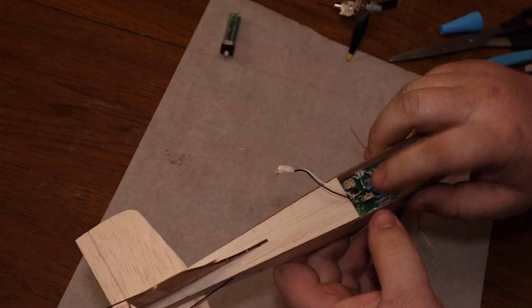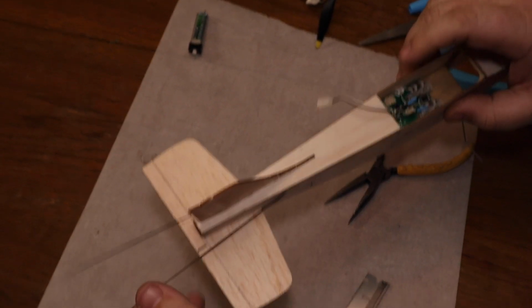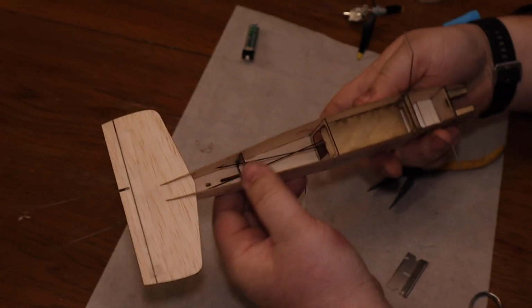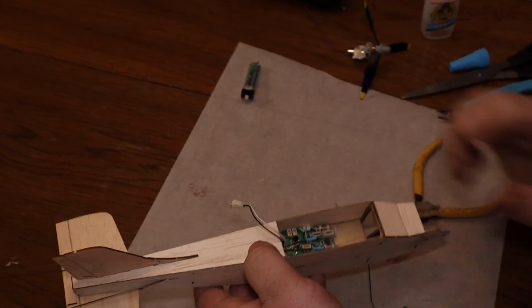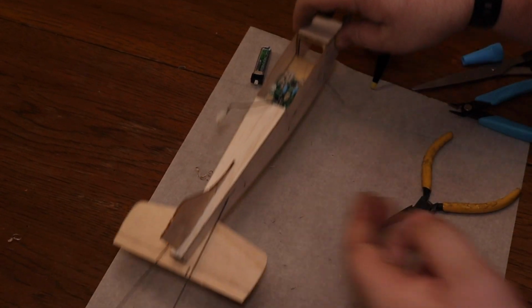Now that we have everything done on this side, it seems to be clear and free. Take a look at that underneath. Nice, clear and free. Now we're going to work our way to the back and install